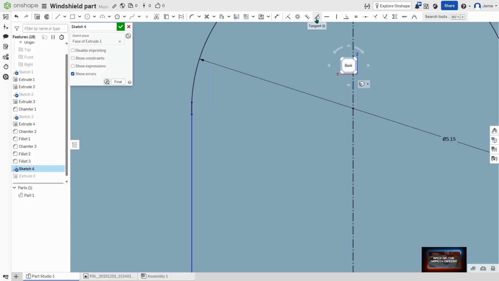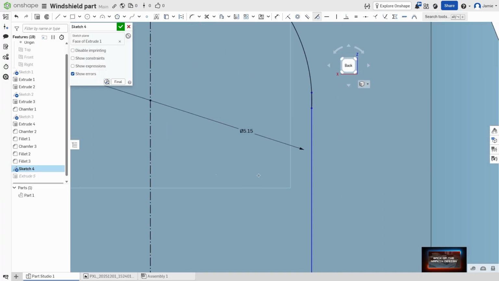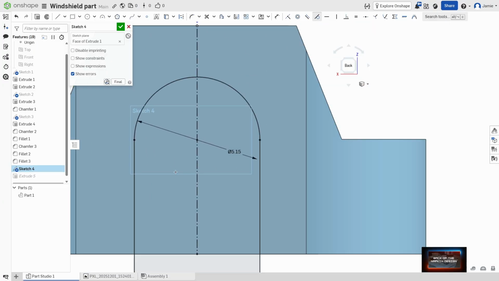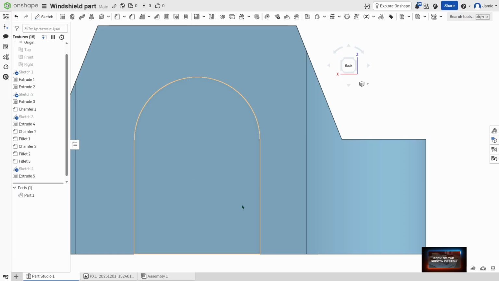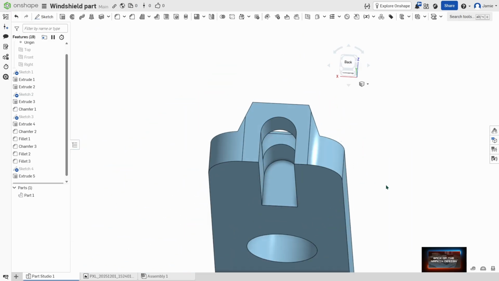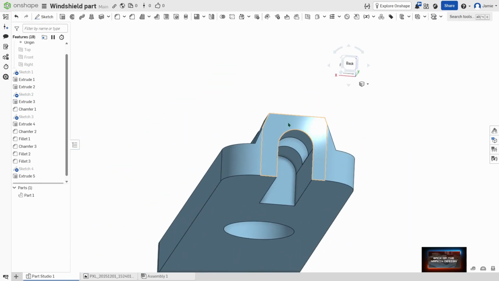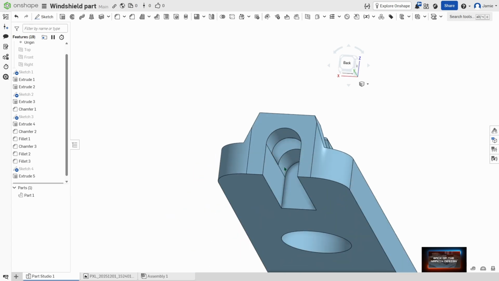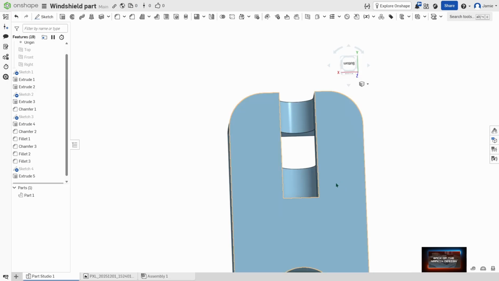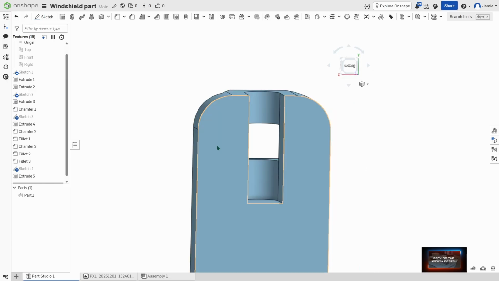Let's go with tangent. So this guy to this guy, tangent. And then these two, tangent. Perfect, green check. And that took it out. Okay, perfect. So now our rod will fit inside of there, and it will slide out. But because we're going to put in this rod holder bracket thing in the back, get a dimension of it,